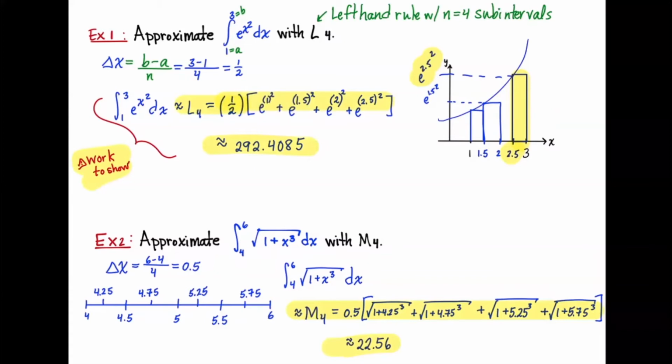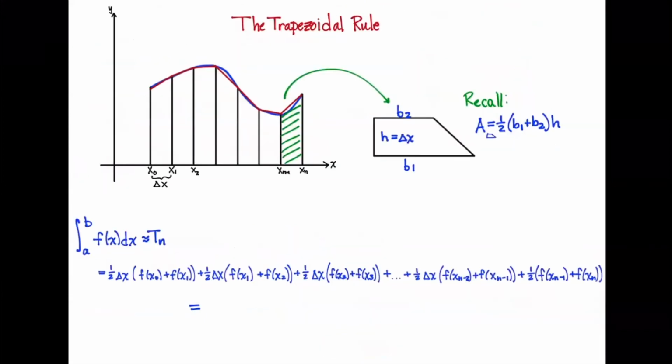One more rule, and that is the trapezoid rule. So for a trapezoid, if we look at our trapezoids under the curve here, and imagine that we are rotating this trapezoid 90 degrees, then to find the area, that's going to be 1/2 base 1 plus base 2 times height. And so subbing that into our formula, we get that, and simplifying,